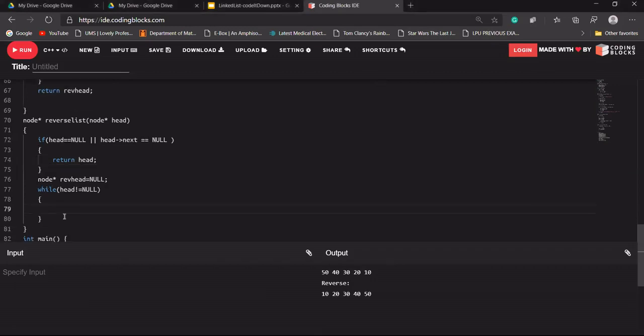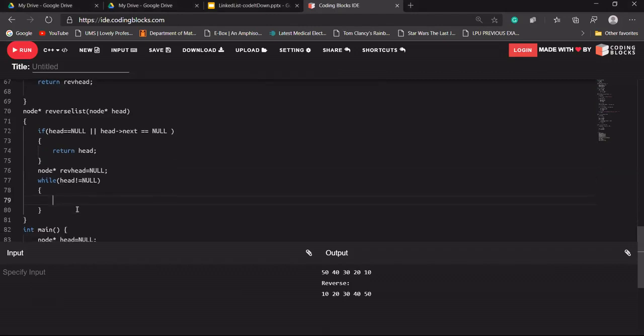So in this case, if head is not equal to null, that means there's some data, meaning we have not reached the end of our linked list. Our head will be pointing to some node. We'll take a temp pointer. Temp will point to this head. Okay, and after this, our head will point to head's next. Don't worry if you don't understand this, I'll explain it on the board.